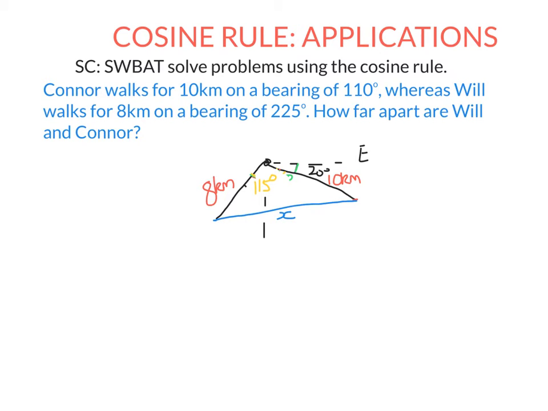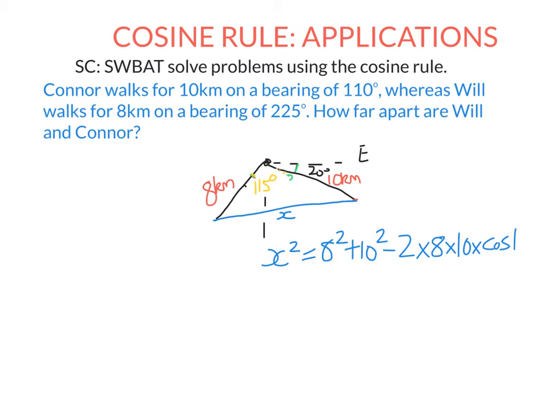So now we have two sides and the angle between them, so we can use the cosine rule to find the third side. We wouldn't be able to use the sine rule because to use the sine rule to find x, we need to know this angle or this angle, which are not easily found out. So let's just use the cosine rule to find x. So x squared will be 8 squared plus 10 squared minus 2 times 8 times 10 times the cos of